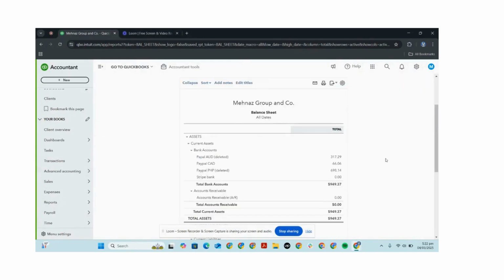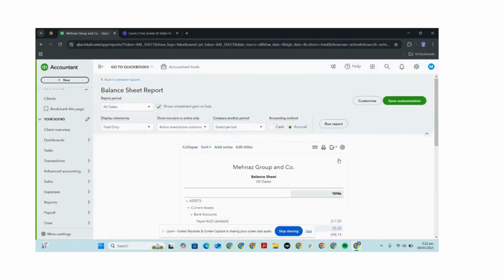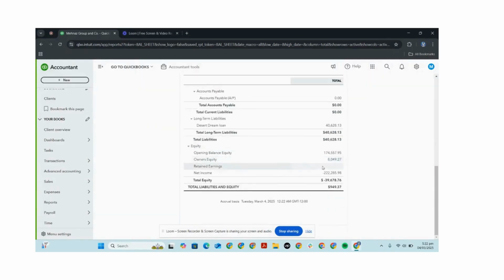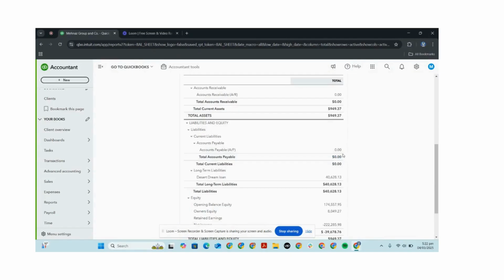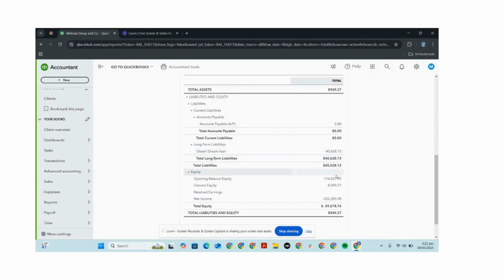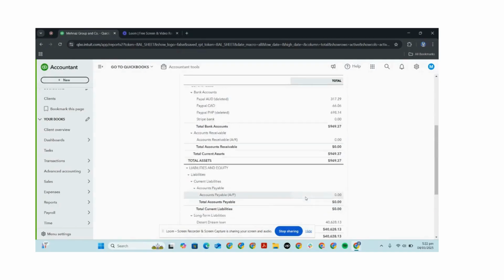So if we put good information into the system, we will get really good quality information out. That's a very basic function so far. So here is the balance sheet for this company. These are all of the banks, receivables, payables, loans, of course, equity, retained earnings, and everything